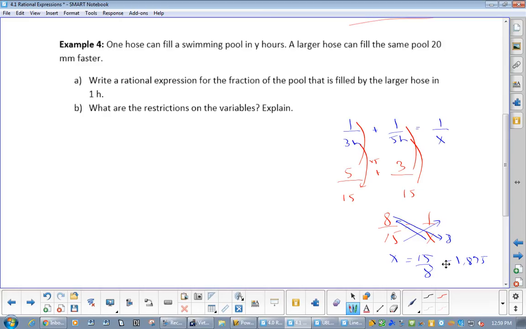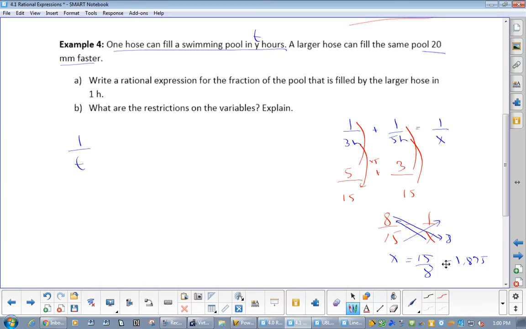So this one is very much the same kind of thinking, but it's like one hose can fill the pool in T hours. So that would be 1 over T. We always put time on the bottom, because it says larger hose. Now, if you had another hose that can fill the pool 20 minutes faster,